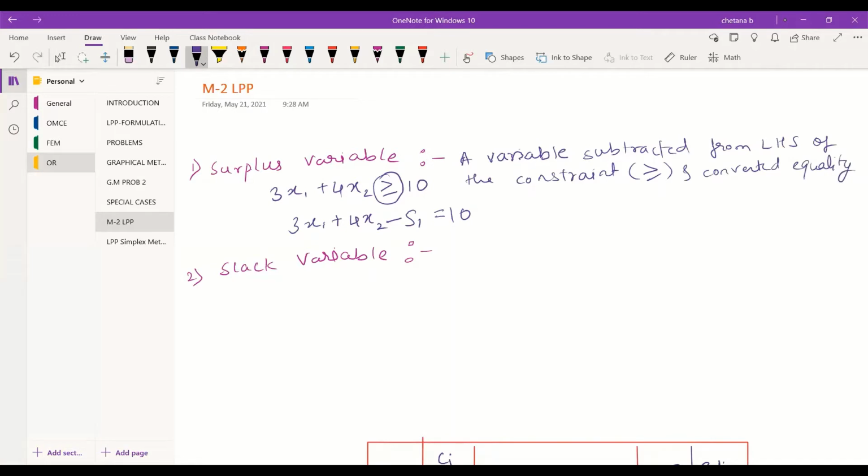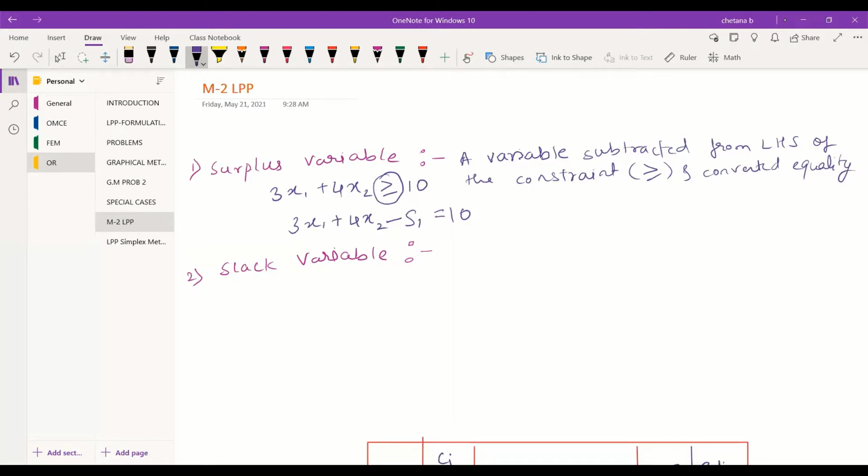So again, if you have this symbol, then you need to consider the surplus variable. What is the surplus variable? It is this subtracted variable from the LHS to balance the RHS or to convert the inequality to equality form. Okay, so this is the surplus variable.